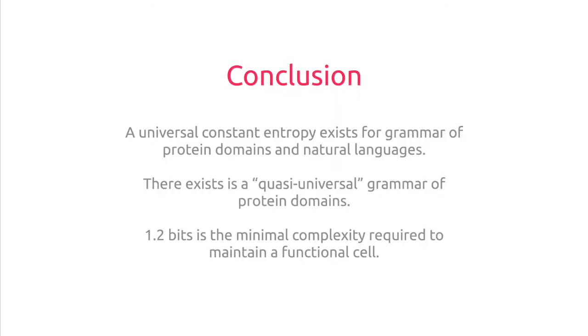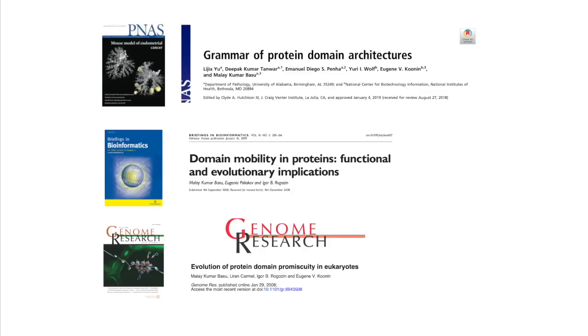We therefore conclude that, like natural languages, protein grammars do have a universal constant entropy. There exists a quasi-universal grammar of protein domains, and the grammar must have 1.2 bits of complexity to maintain a functional cell. The work described here has been published in these 3